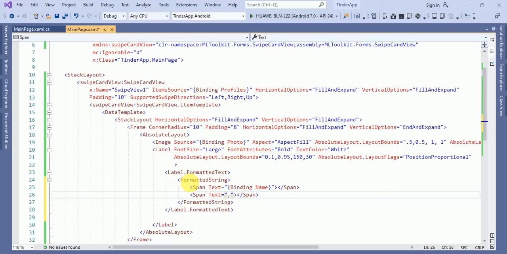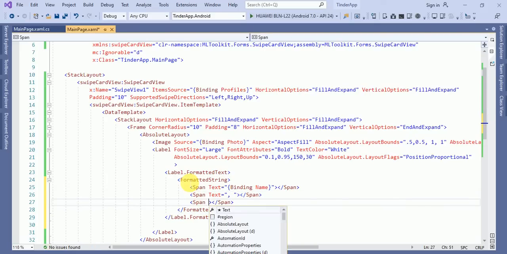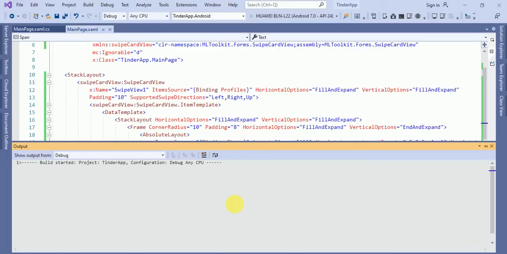Now we will take another span for binding the age of the user. So here I will define a binding age. Okay, so we have fixed it. Now I will run this application again and we will see the result.